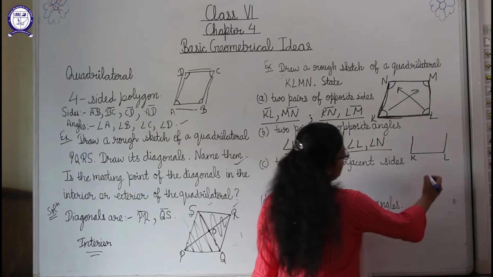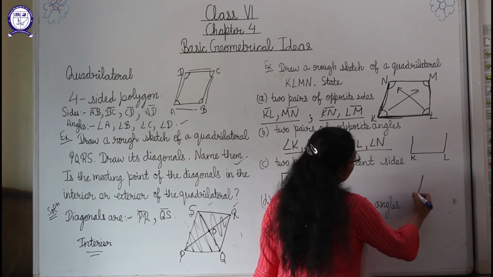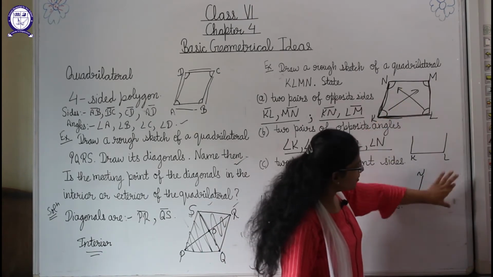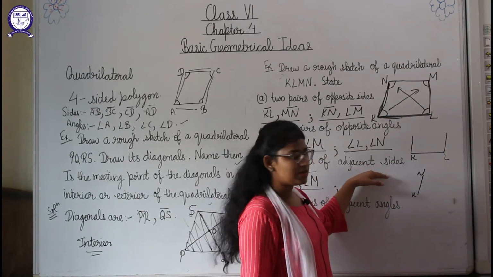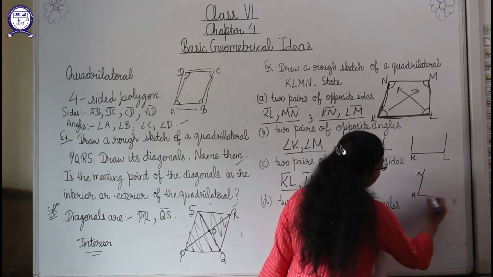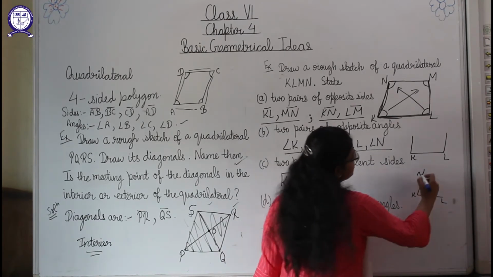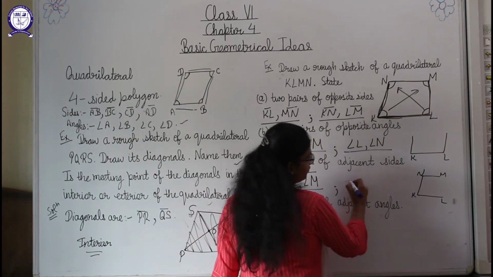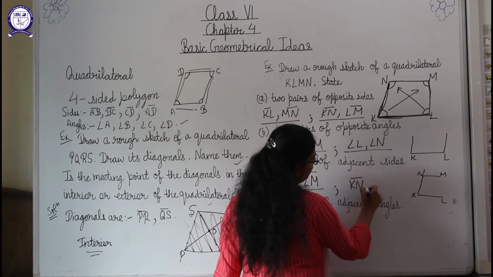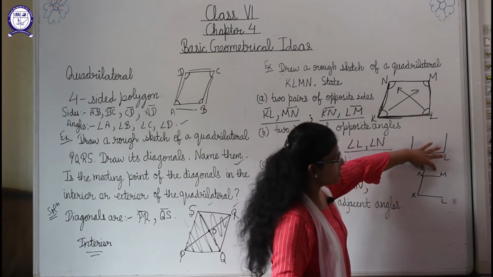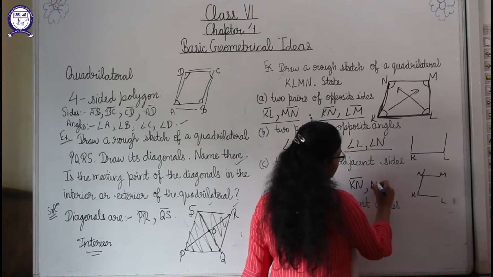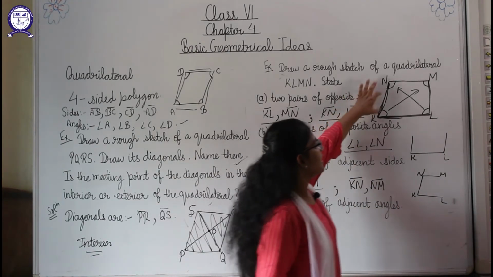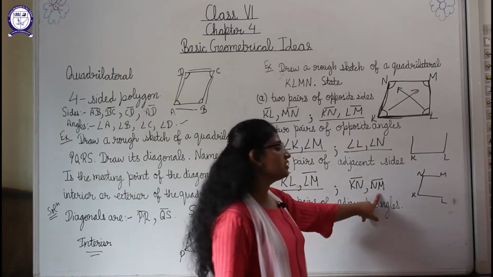Now suppose I am talking about KN, then we can write NM as its adjacent or KL as its adjacent. Here I am talking about KN. So what will be the opposite side of KN? LM will be the opposite side. And if we are talking about adjacent sides, then we can say that KL can be the adjacent, or we can say that MN is the adjacent. Okay, so with KN you can take any of the sides. I am taking this one. So here NM is the adjacent side of KN. So KN and MN are the adjacent sides.